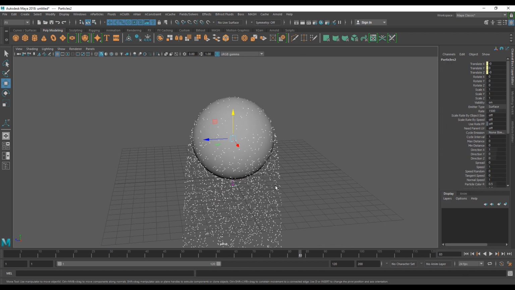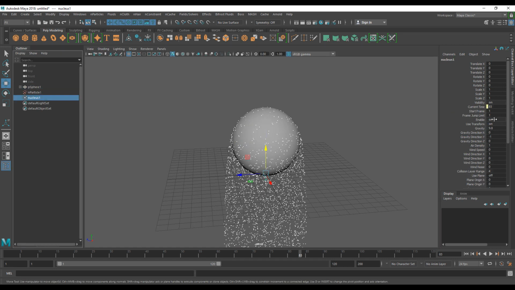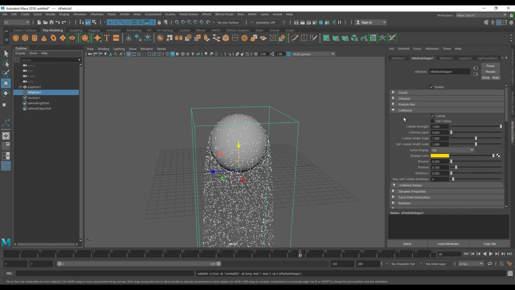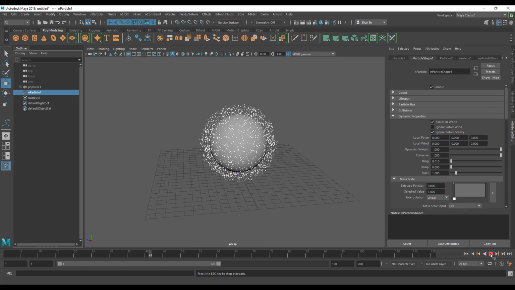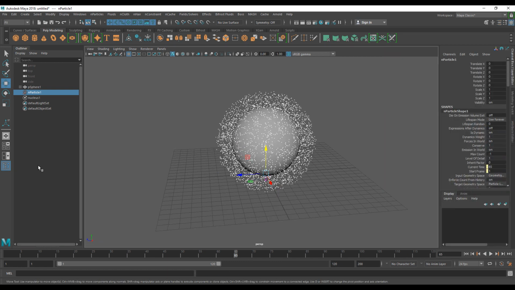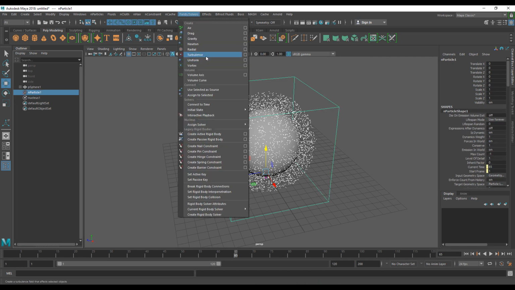I don't want the gravity to affect the particles, so instead of zeroing out the gravity, there is an option in the NParticles settings in the dynamic properties called ignore solver gravity, which means they will no longer be affected by the solver's gravity. Okay, so that's it. And now I'm going to select these particles, and I'm going to add one turbulence field,